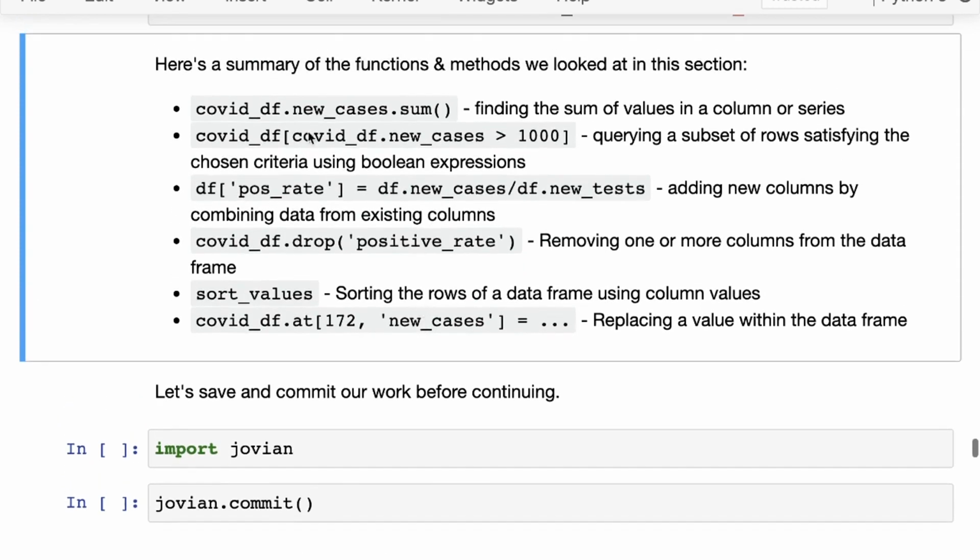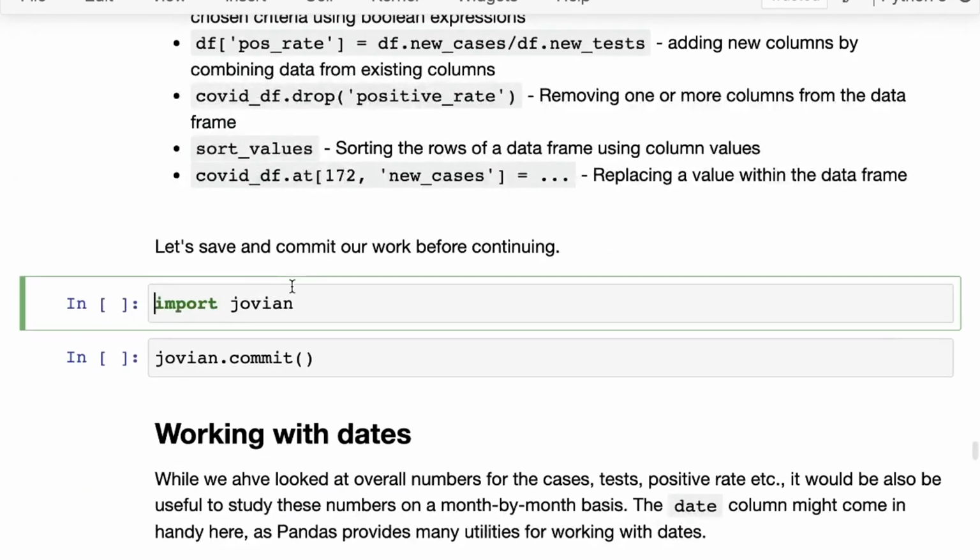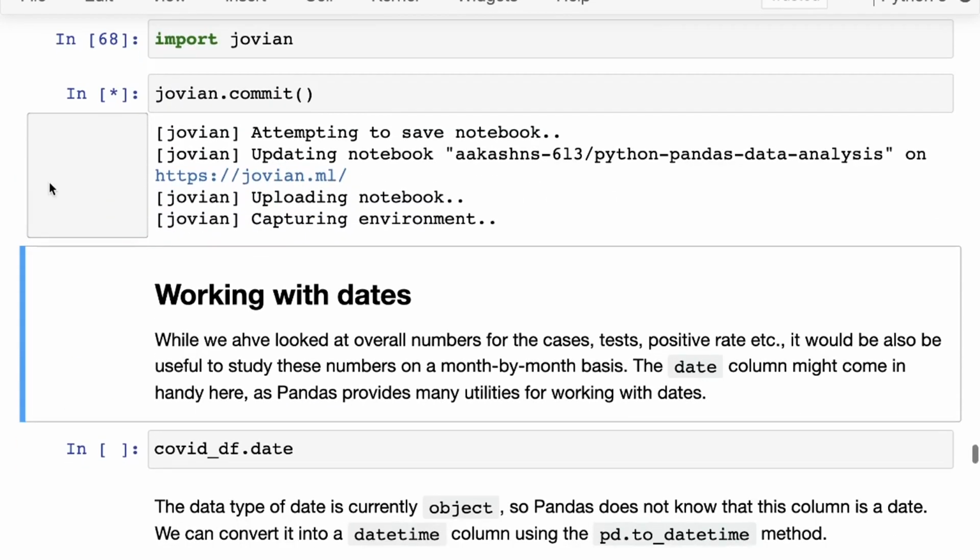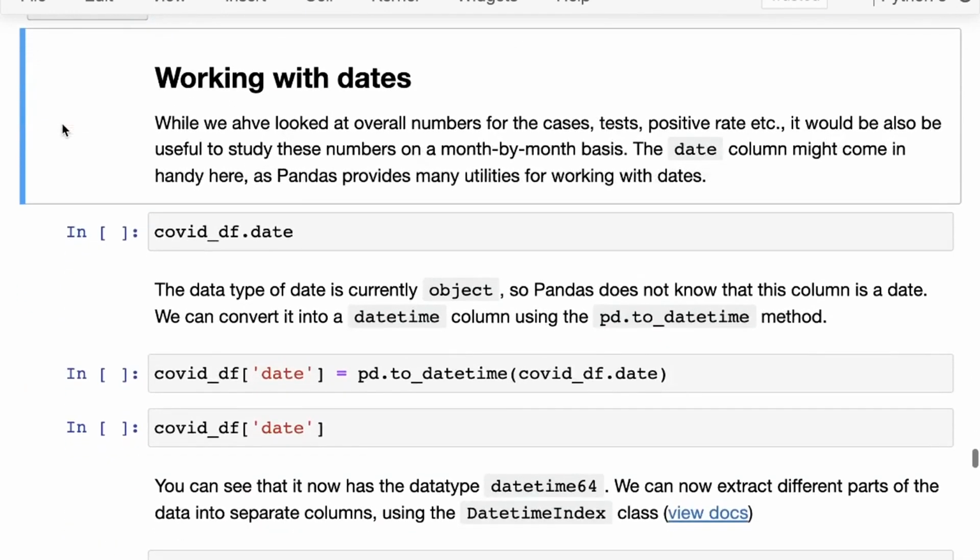And once again, this is not something that you need to remember by heart. You can simply search for this online and you will be able to find the right resource. Okay, so now I've committed my notebook once again. So moving forward,